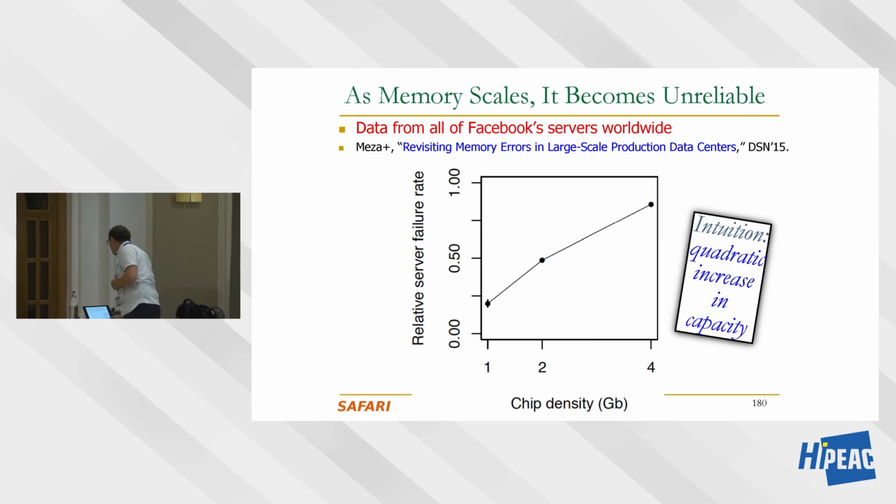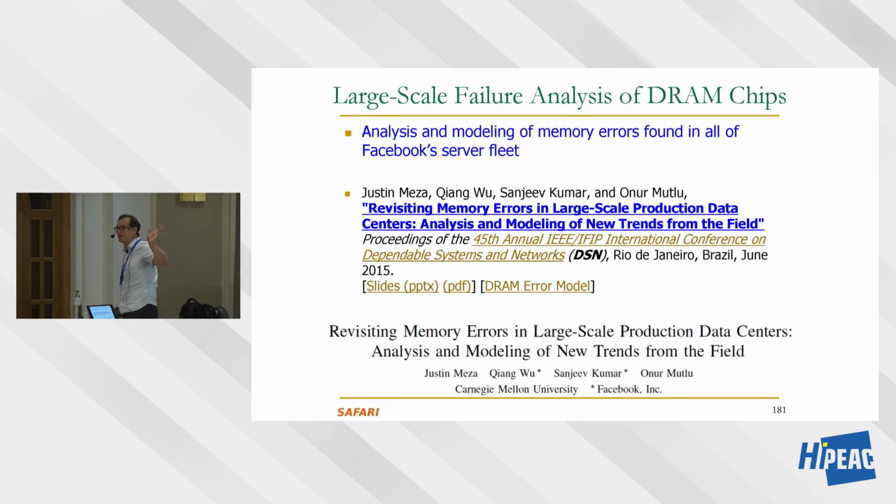We're examining memory errors. So we see more memory errors, more server failures on servers that have DRAM chips that are less dense, 1 gigabit. And memory errors increase, or server failures increase, if you're employing chips that are much denser. This is because denser chips have smaller cells and cells that are packed closer, so they're much more vulnerable to noise. And if you're interested in this, more is in the paper. We have a lot more data in the paper, including solutions to the problem.